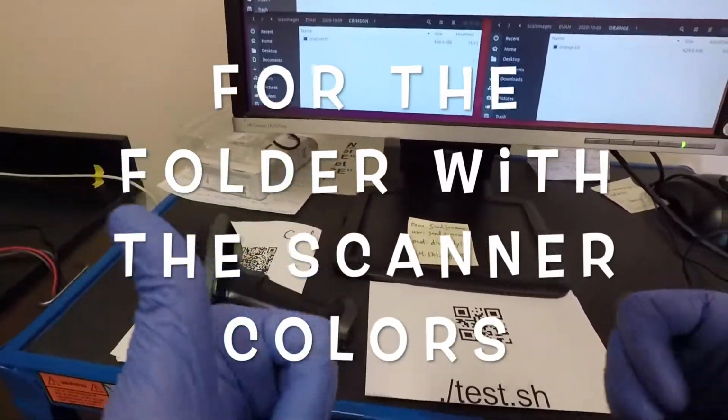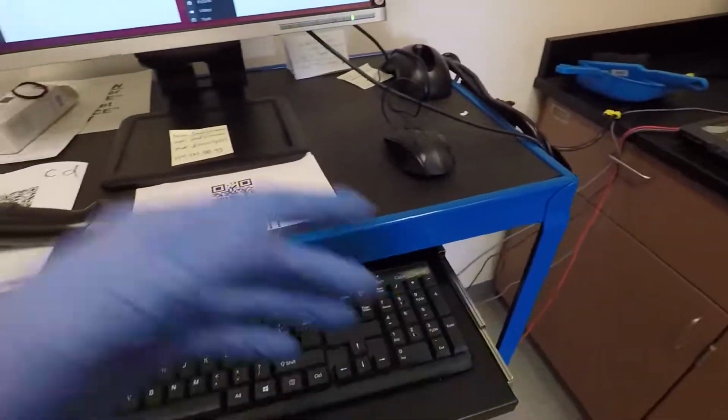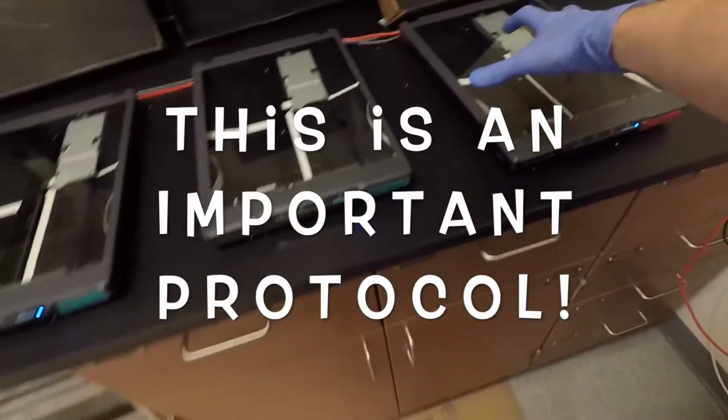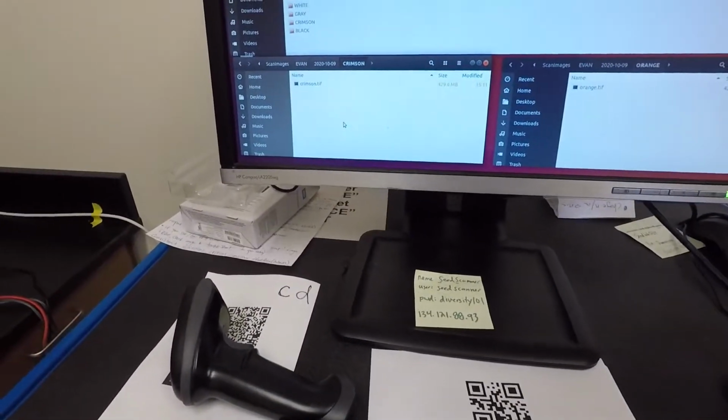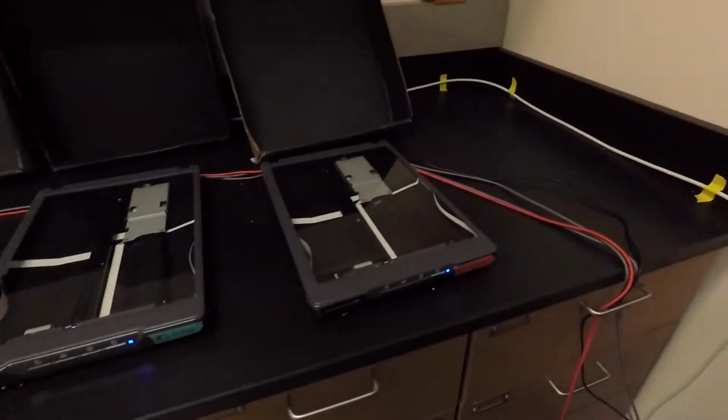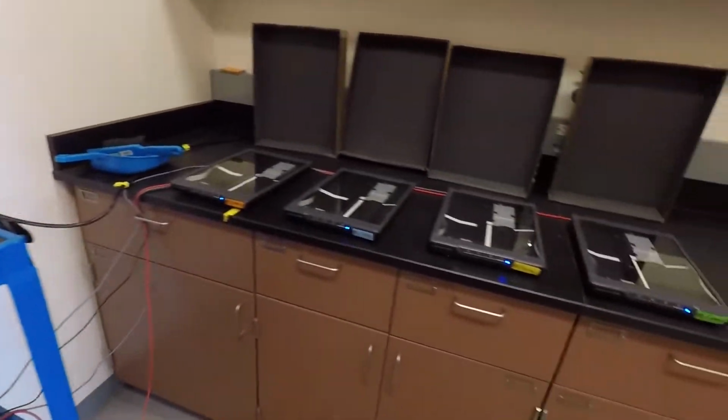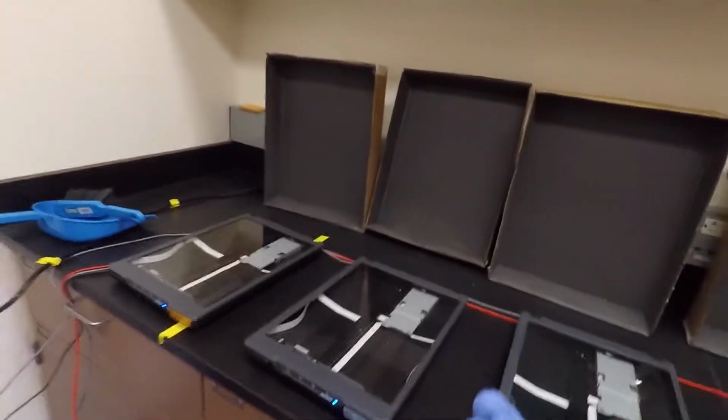And that's what we want to see. And then when we come back, before we remove the sample off of this Crimson scanner, we want to make sure by refreshing Command R here that we in fact have an image for that sample. We do the same thing for Orange, and I'll show you how we work those checkpoints into the workflow,